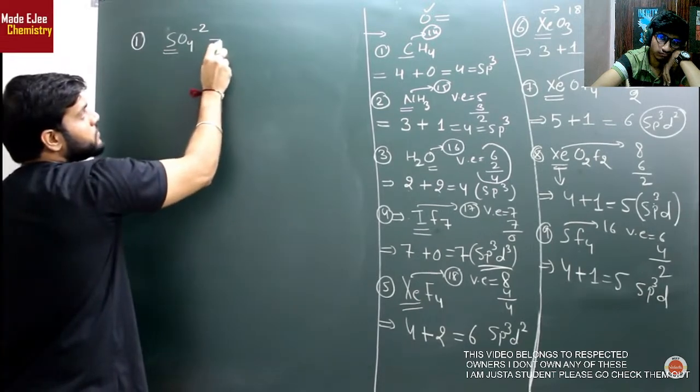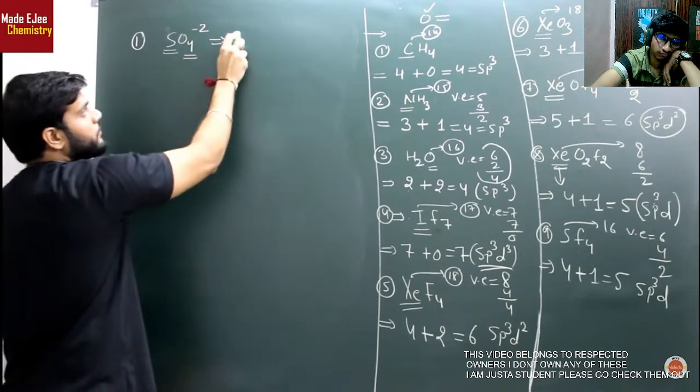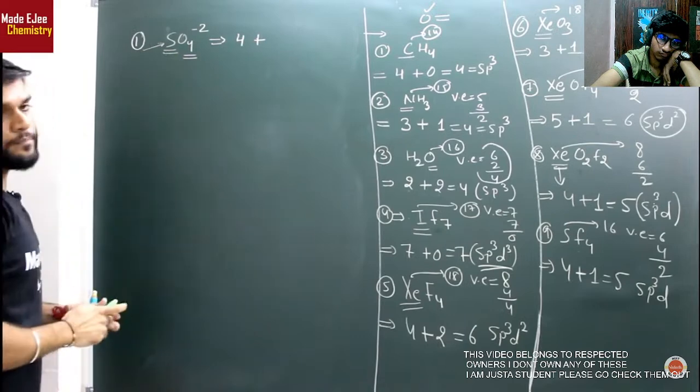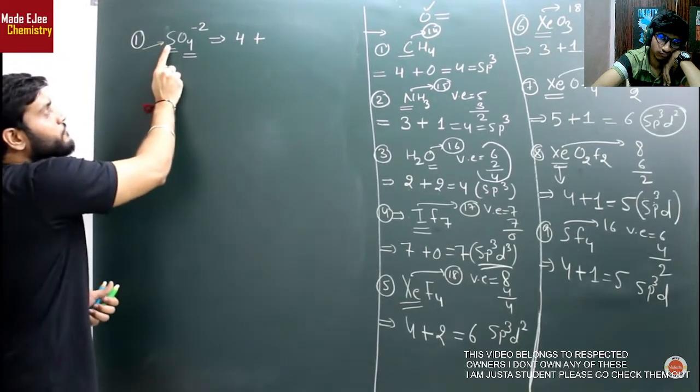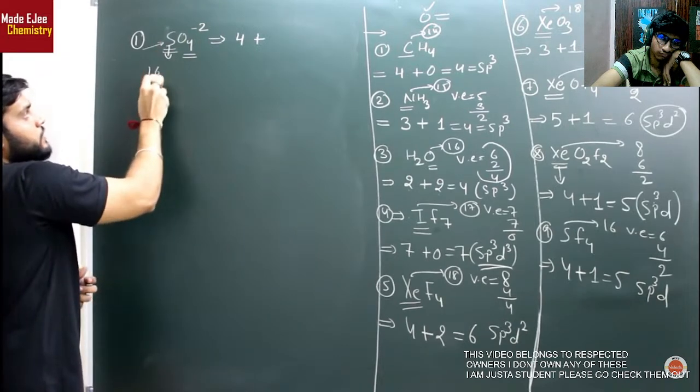सबसे पहले आप क्या करोगे, बस आपको सिर्फ ये चेक करना है कि सेंट्रल एटम के साथ कितने नंबर ऑफ एटम अटैच है। यहां पर सिर्फ 4 ऑक्सीजन अटैच है, तो आप लिखोगे 4, ये सबको मालूम पड़ा, अब प्लस लगाओगे। अब आपको ये चेक करना है कि सल्फर के पास लोन पेयर कितने हैं। ये चेक करोगे, तो सबसे पहले आप चेक करोगे सल्फर के पास इलेक्ट्रॉन कितने थे बॉन्ड बनाने से पहले। सल्फर आता है ग्रुप 16 में, आता है कि नहीं आता 16 ग्रुप में, तो फाइनली वैलेंस